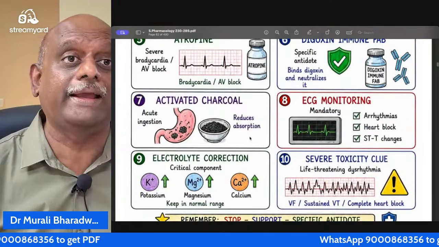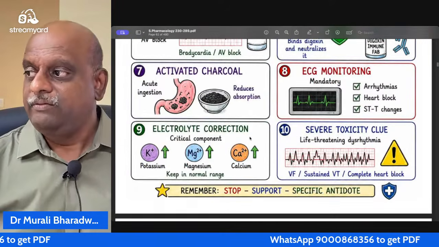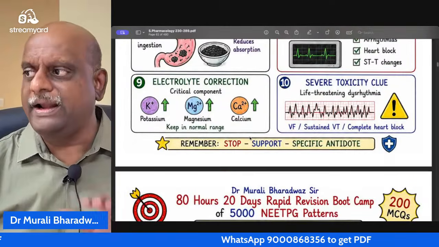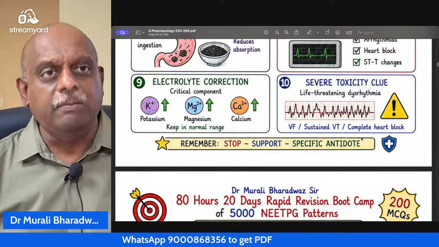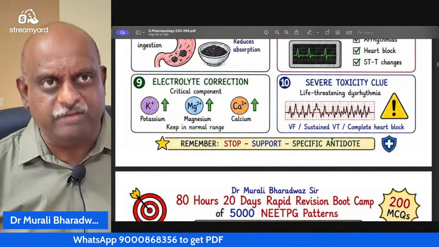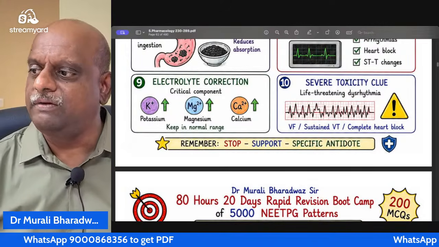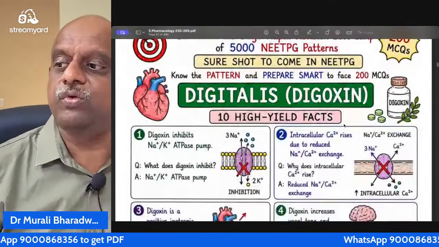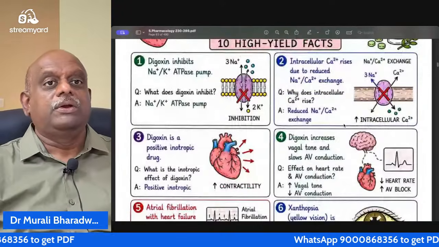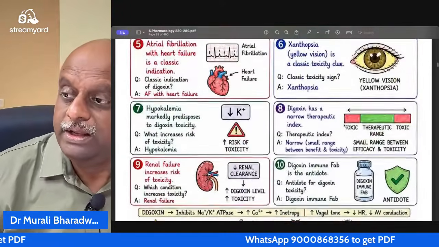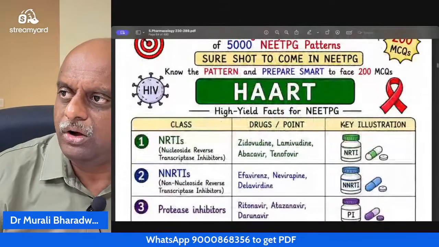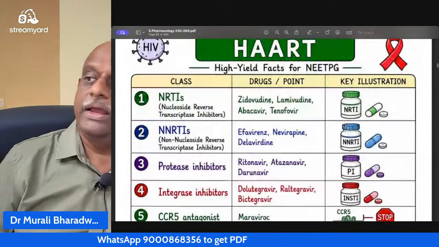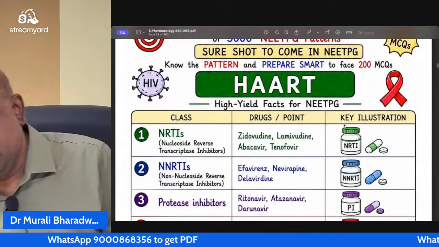Activated charcoal can help. We need to do ECG monitoring, electrolyte correction. And any complete heart block or a sustained ventricular tachycardia is an indication of severe toxicity, is what we need to remember. So these are the key things about the digoxin. Examiner will ask you, doctor, you need to remember all this list. Okay. Now comes